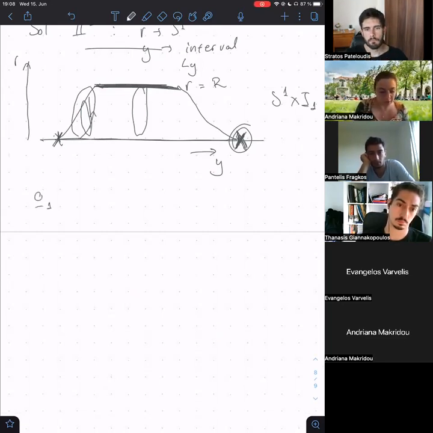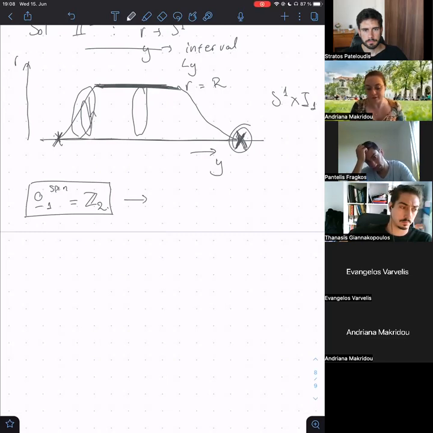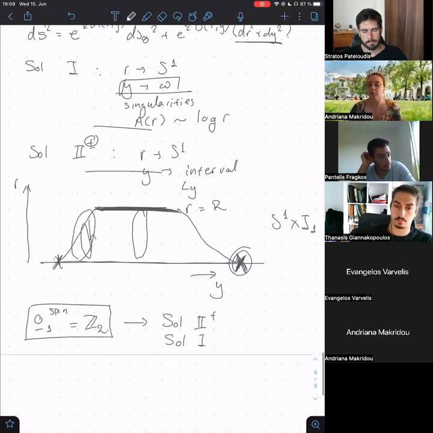So let's look at the Omega 1 spin. Spin because we are in type I. And so you see that this is Z2. So it means you need to break it somehow, or you need to gauge it somehow. And the idea is that in order to break it, you have to have the defects, you need to place something there. So the solution that can be broken is the solution 2 plus. But what about the solution 1 that is now at infinity? This is not finite and you cannot place the defects. And the idea there is that you can claim that this solution can be gauged.